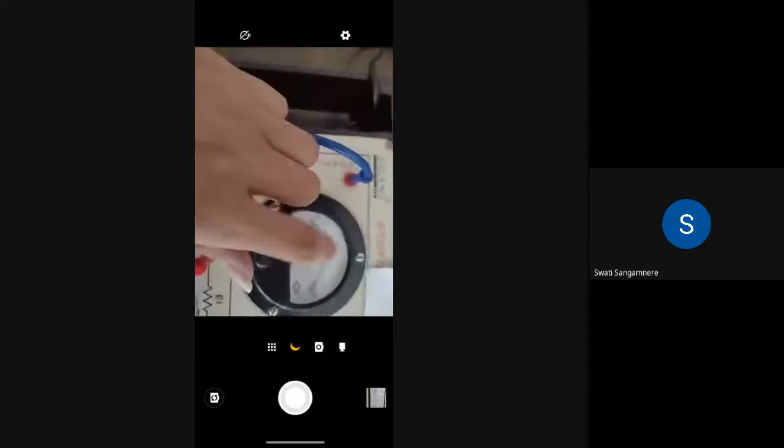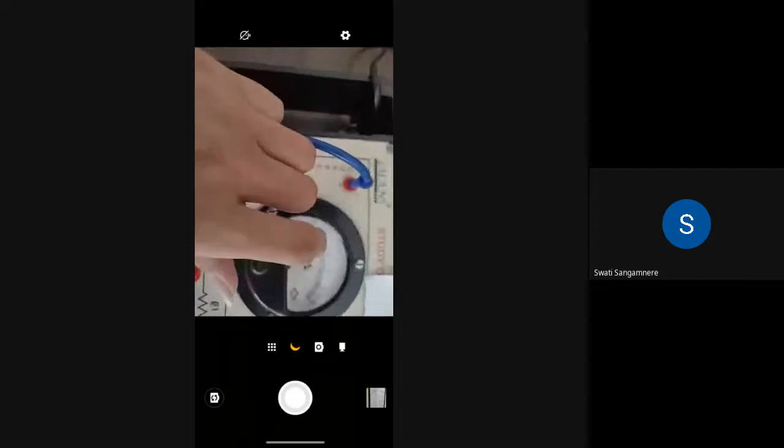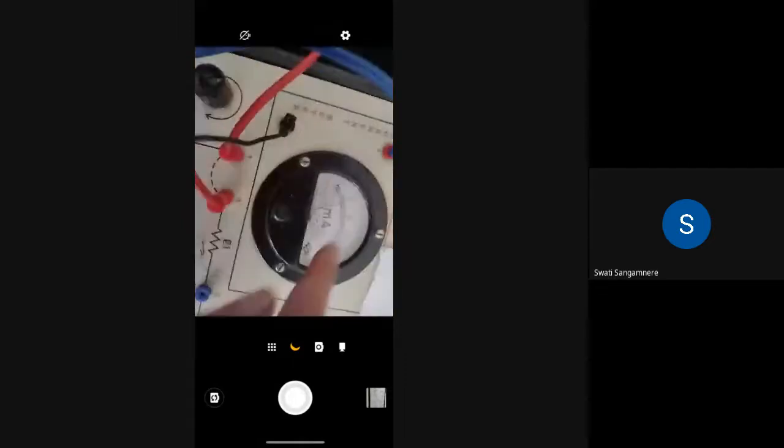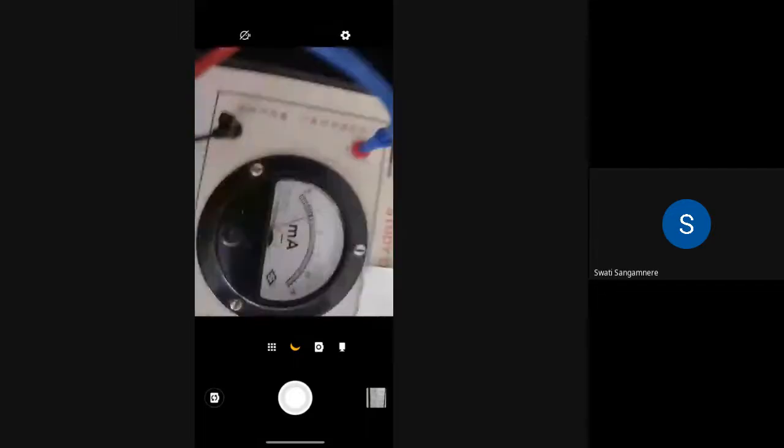See, we can do 10 minus 5. First, we can calculate the value of a single line. So 10 minus 5 is equal to 5, divided by the number of lines in between them, so divide by 10. So the value of one line is 0.5. Here this pointer moves two lines from 5 volt.